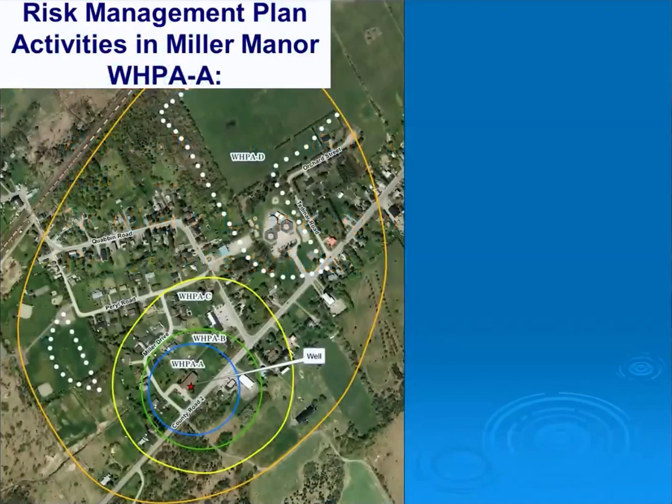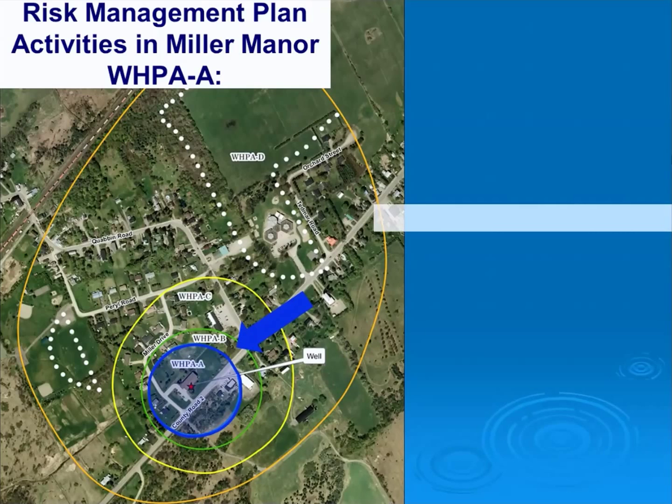In Miller Manor Wellhead Protection Area A, certain activities require the establishment of a risk management plan. Wellhead Protection Area A is indicated by the blue arrow and is highlighted on this slide. Policy 6.5.1 requires risk management plans in Wellhead Protection Area A for the following activities: the existing and future below-grade or partially below-grade storage of more than 250 liters but less than 2,500 liters of liquid fuel, and any associated